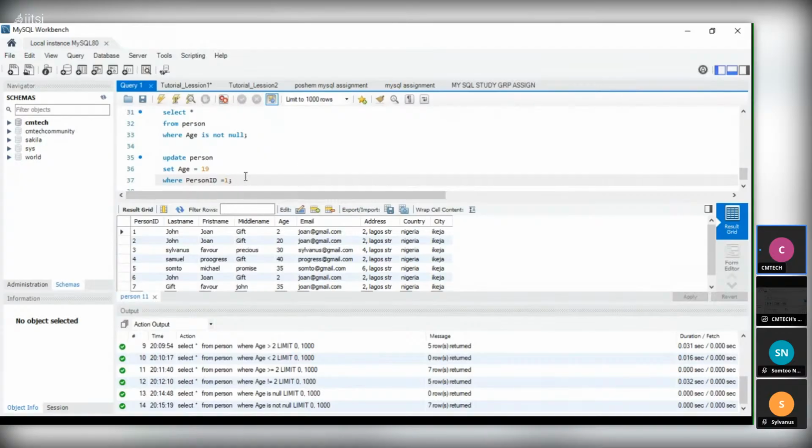I believe you understood what I wrote here. If you understood, Silvanus, I would like to hear. I hope this is clear to you, so I can move forward. Yes, yes, okay, good, good.